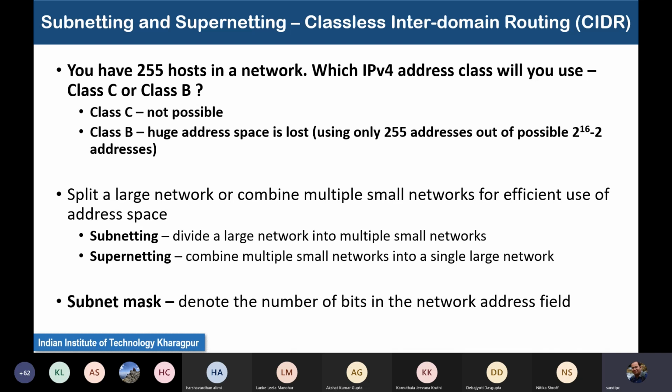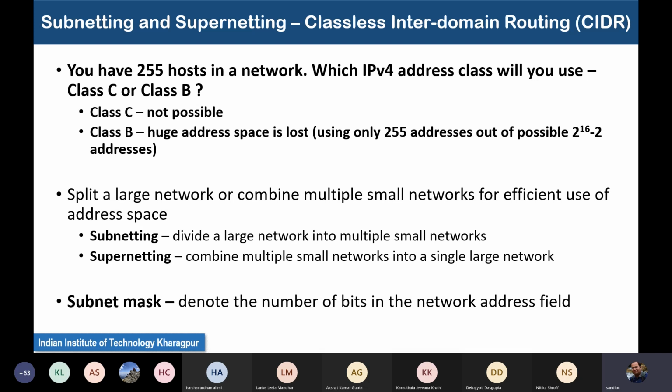And how do we do that? We do that with the help of a field called the subnet mask. What is this subnet mask? This subnet mask denotes the number of bits in the network address field. Whenever I am dividing a class B address into multiple small networks, or combining multiple class C blocks into a single network, my network address is becoming dynamic, right? So I cannot go with the fixed number of bits in the network that was there in case of classful